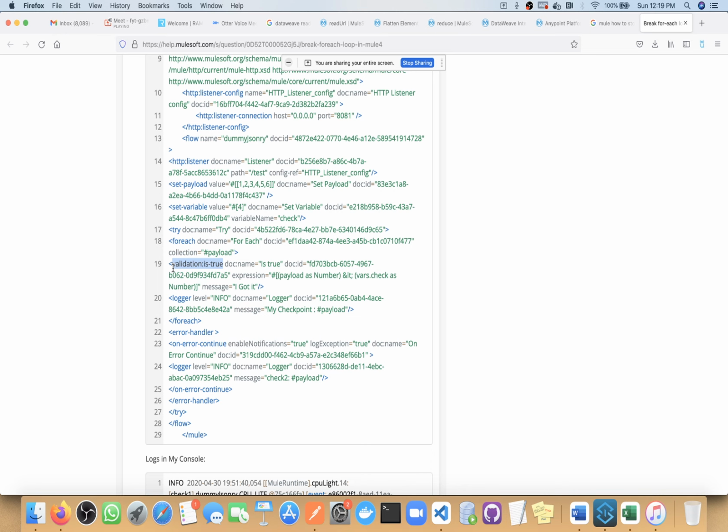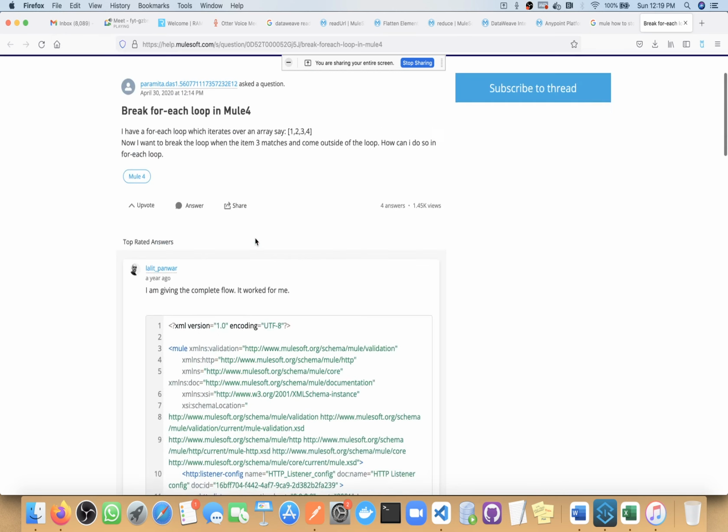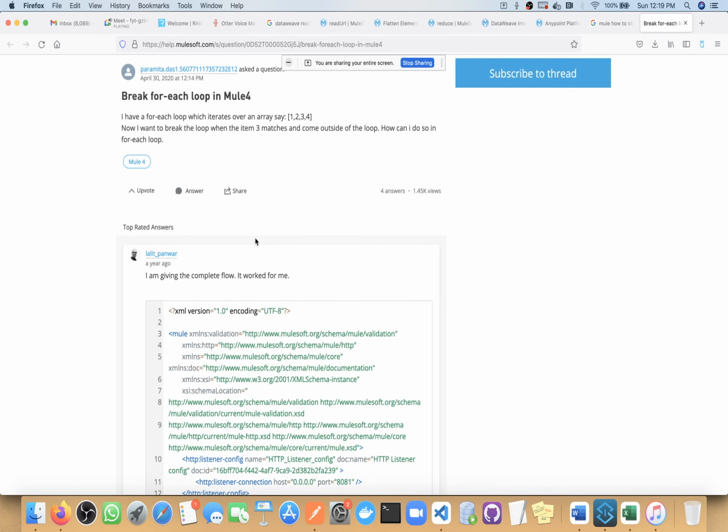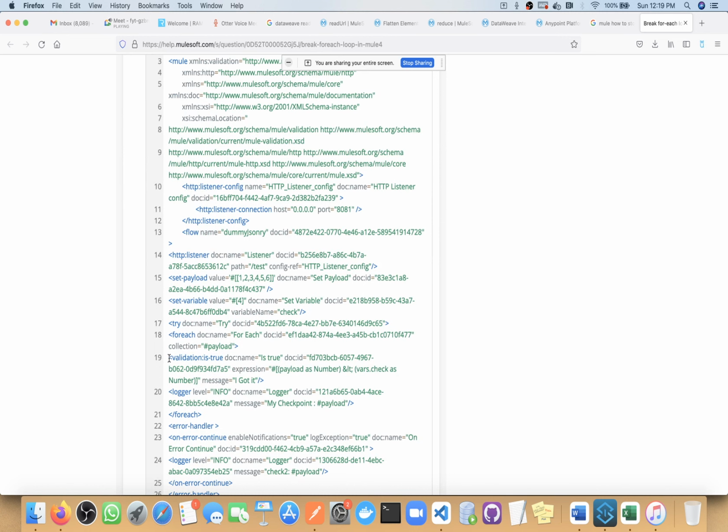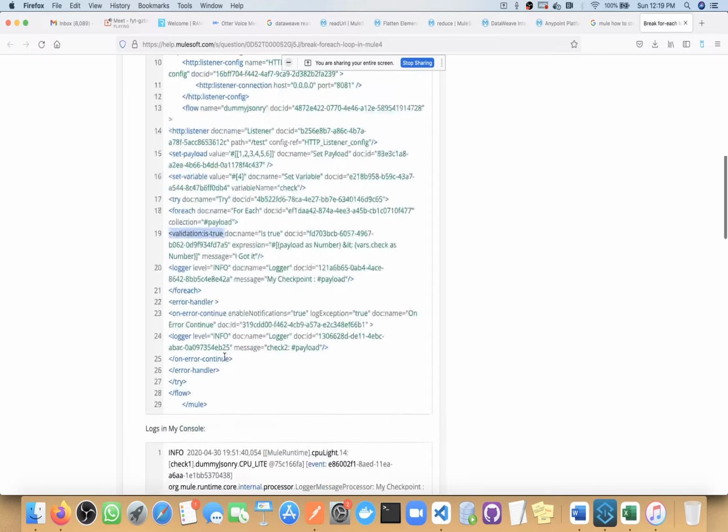Validation is true. We have something. I have a for each loop which iterates over an array 4 times. Now I want to break out of the loop when item 3 matches. Okay, so you need to use this particular scope, a Mule component. Validation is true. So what you will do,